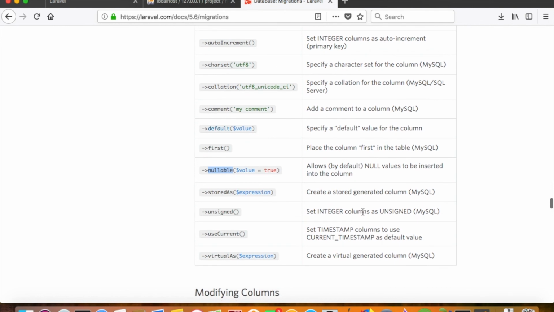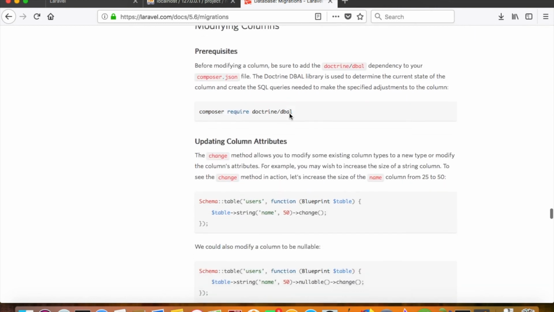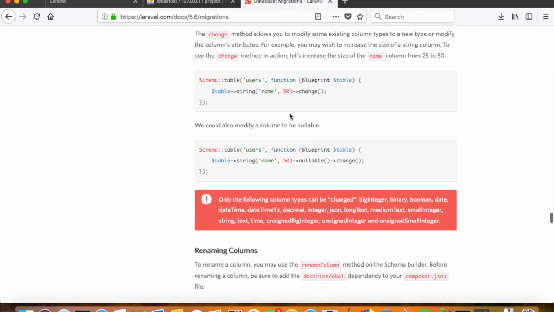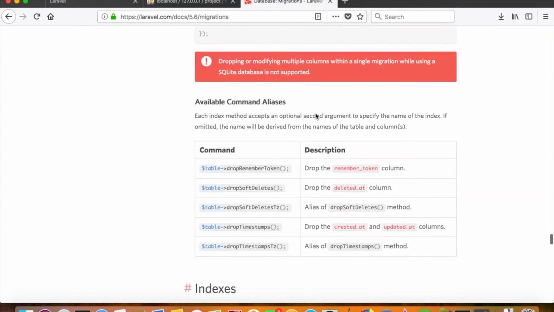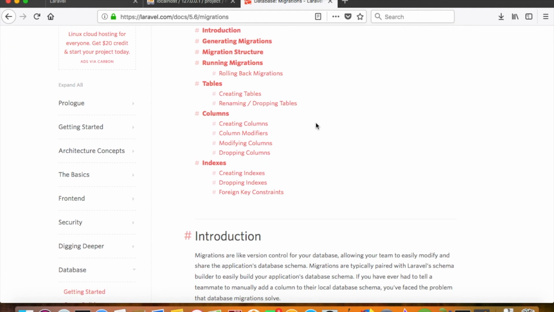There are other values too. If you want to set a specific collation for storing Unicode values, you can provide the collation over here. In order to modify some values, you can just add new migrations. So these are things you can go through. That was it for today. I just wanted you to know the basic rules of creating migrations and their models, running the migration, and rolling back the migration. After covering these topics, we will be ready to create our tables and start working on CRUD operations. So from tomorrow we'll be covering some basics